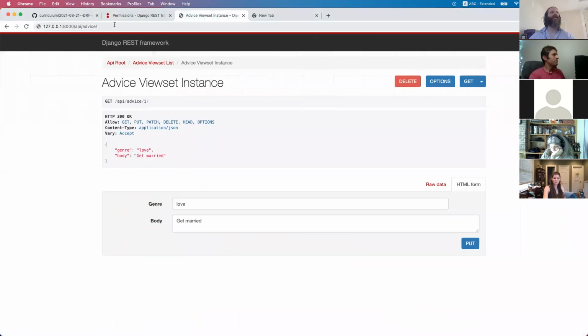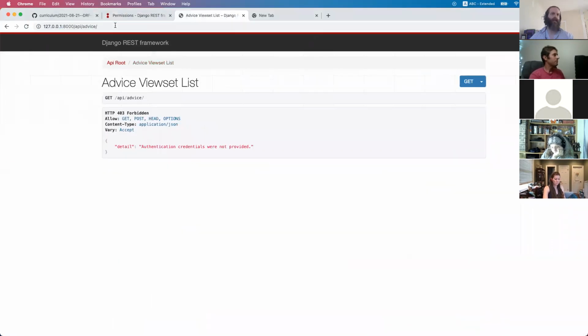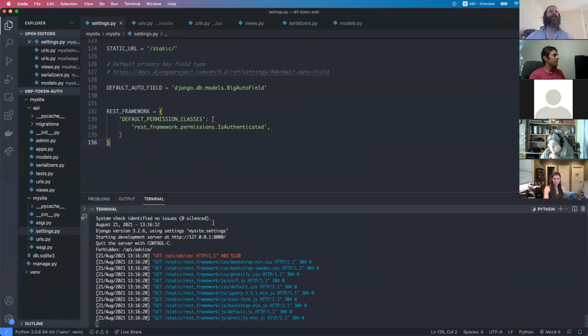Let's try going back here. And now we get rejected. Authentication credentials were not provided. So now we can't do anything without being logged in. So how do we log in? Well,